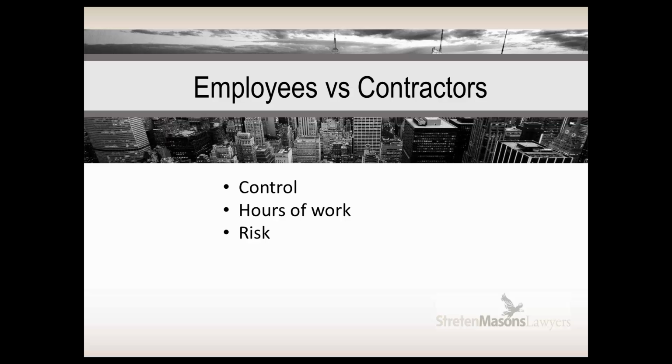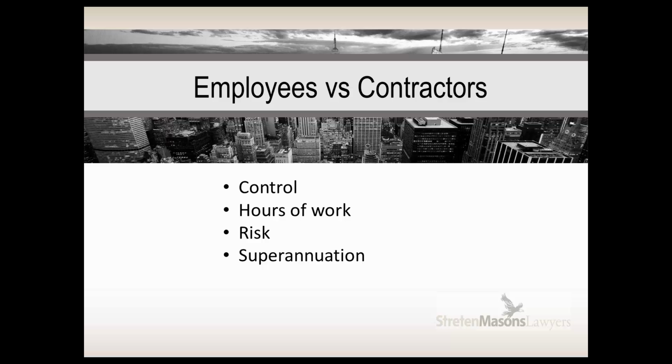The next indicator is risk. So an employee obviously bears no financial risk. That's always the responsibility of the employer. Whereas an independent contractor, they bear the risk of making a profit or a loss on a particular job. They bear the responsibility and liability for any poor work. So if there's something that they've done incorrectly, they may need to go back and fix it. And also if there's an injury that's sustained while performing that particular work, it's their risk. So they ordinarily have their own insurance for those sorts of things.